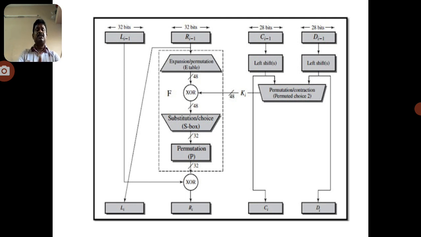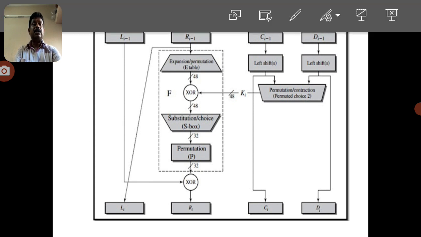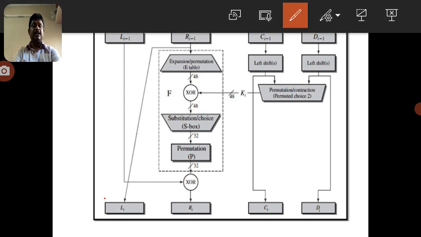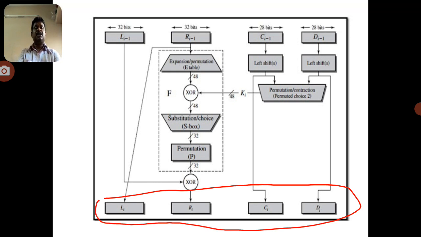The output of this round, now I am going to take, this is the output of the first round. Now this is the input of the second round. So the second round function output is taken as the third block input, and continues and will process up to the 16 rounds. So this is exactly the single round function generation.